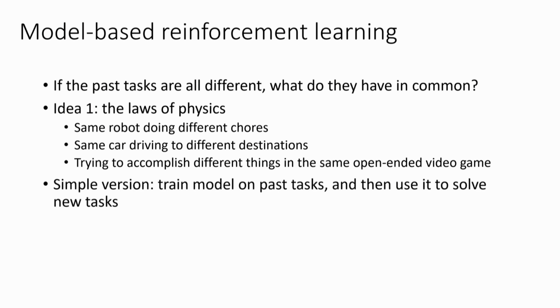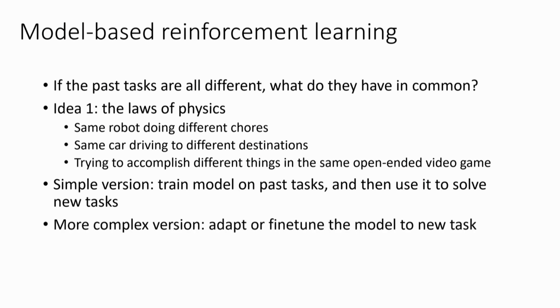So a very simple way to approach this is to just say, well, let's train a model on all the past tasks, and then use this model to solve a new task. If the model is the same, all that changes is the reward function, so if I'm willing to plan through my model, maybe I don't actually need to change anything about my learning procedure. A slightly more complex version of this is kind of like before,